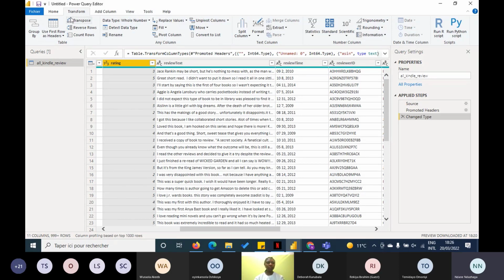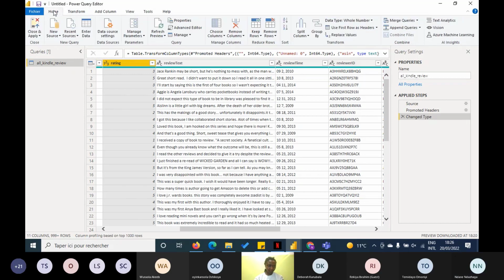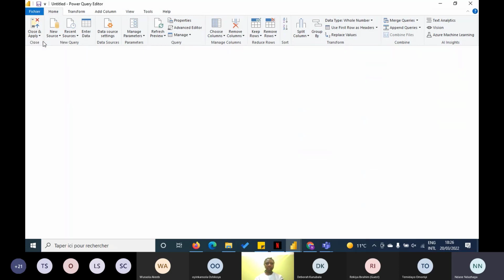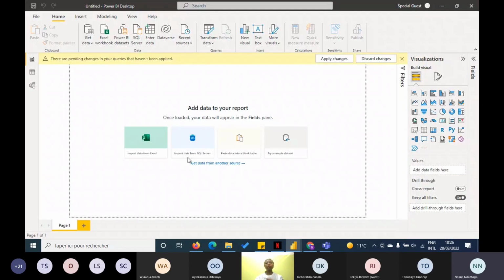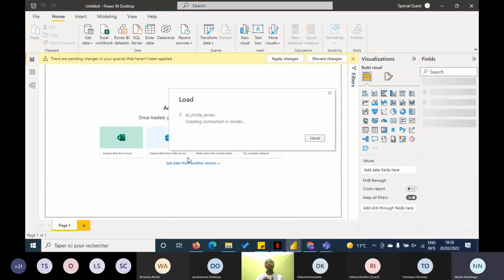So when you have your data, you just apply. The data is already clean, so there's nothing much to do. So you just close and you apply it, and then you can run your analysis. So there are different types of analysis you can see. Most times you want to see the trend of customer feedback, to see how the trend of what customers are